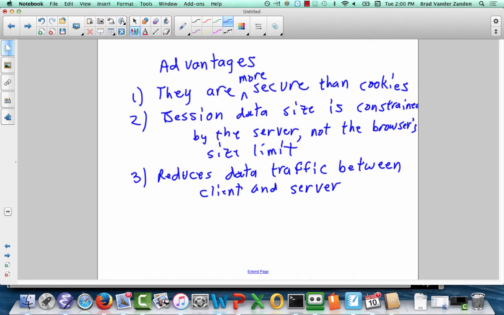So next time I'm going to finish up by talking about hidden form elements, the disadvantages of PHP session management, and how that's solved using databases. And then we're going to go into how you deal with databases using PHP and XML, which is an alternative form of data storage to relational databases. So you now have